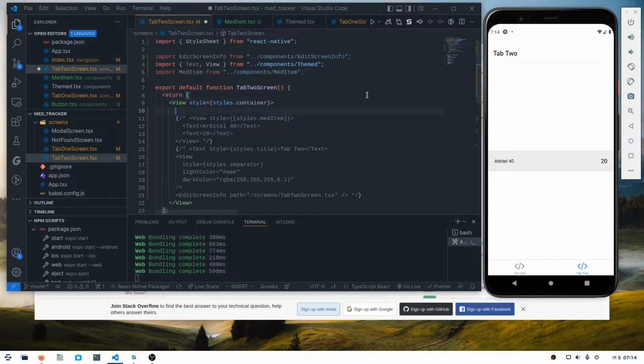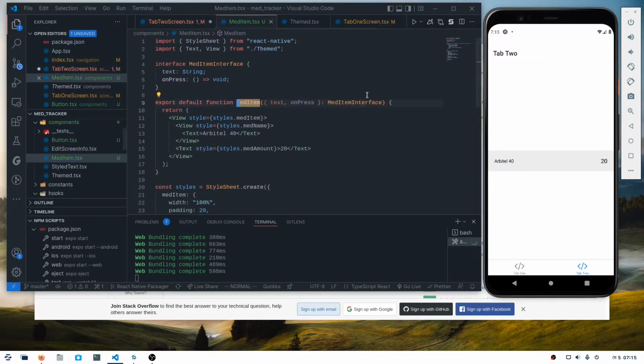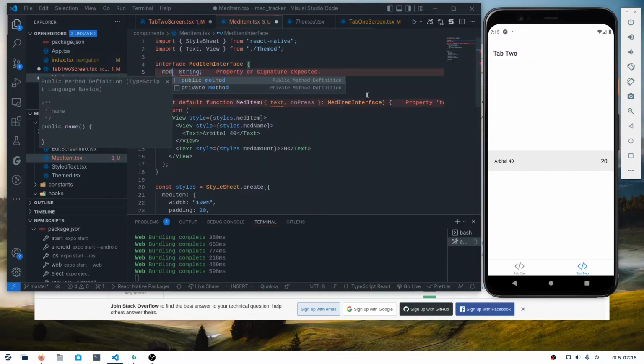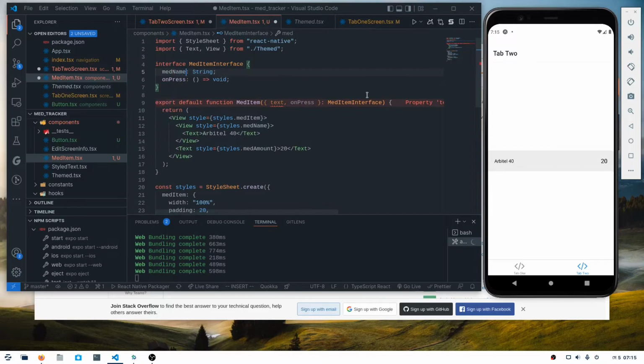So we can use the MedItem component here, but MedItem component needs to take some prop. So let's name the prop medName, so the name of the medicine, and we also need quantity, QTY. There is a number,